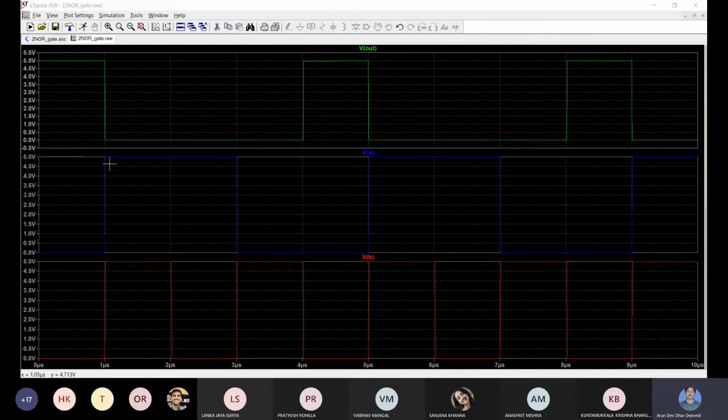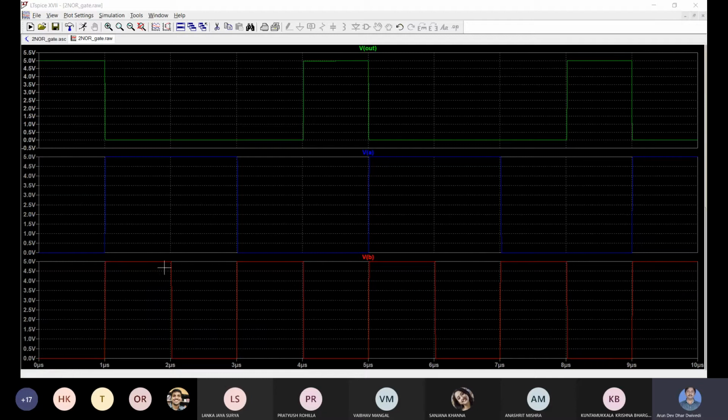After 1 microsecond, pulse A has an on time of 2 microsecond. So we can see pulse A is on from 1 microsecond to 3 microsecond, so the on time is 2 microsecond. From 1 microsecond to 3 microsecond it is high, and pulse B, the input at port B, has an on time of 1 microsecond, so it is on from 1 microsecond to 2 microsecond.